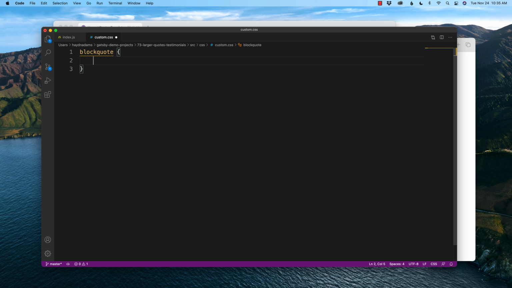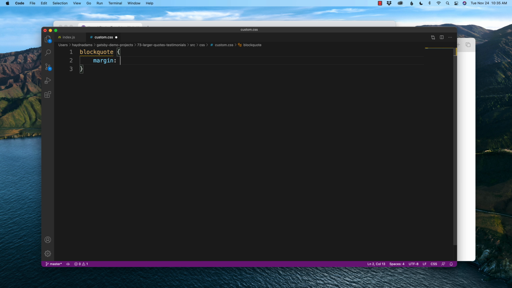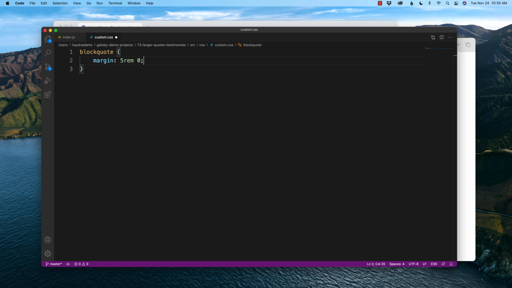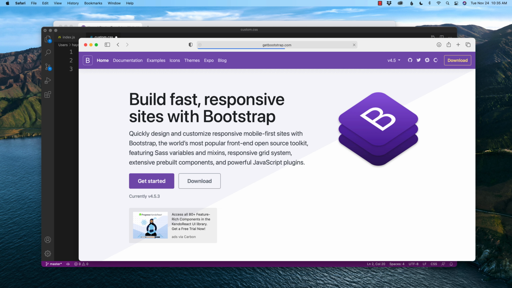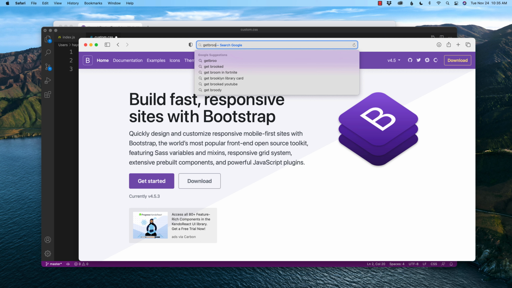We'll use our curly brackets to open and close. And I'm going to say margin 5 rem 0. Now the reason why I use the rems is because I'm following the traditional path of Get Bootstrap or React Bootstrap. And that's because if we head back, and I don't have the screen open unfortunately, but I will do it by saying getbootstrap.com. And let me try that one more time. Get bootstrap